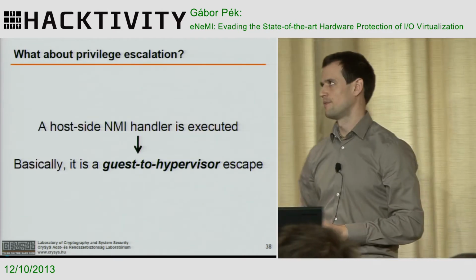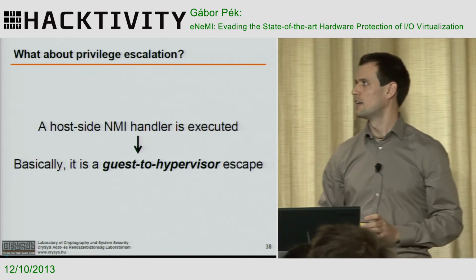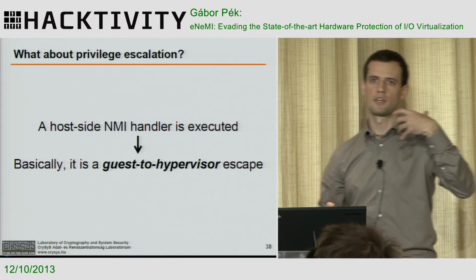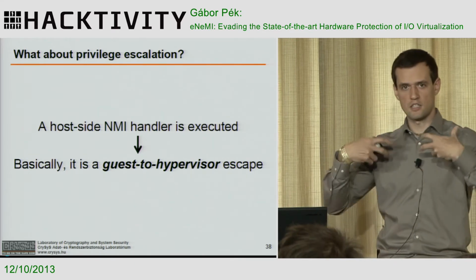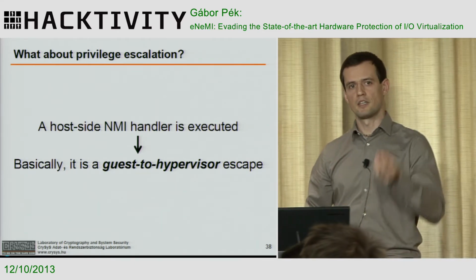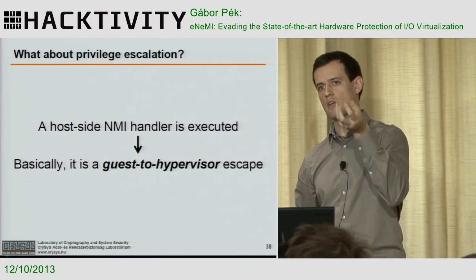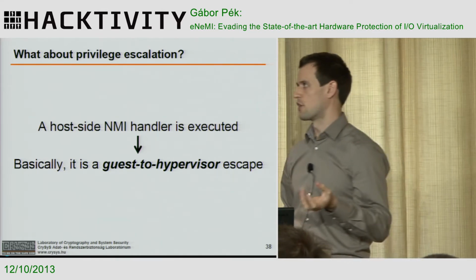And the third, what about privilege escalation? This is what everybody wants, right? So for sure, the host-side non-maskable interrupt handler was invoked. Basically, this is a guest-to-hypervisor escape. But how can you control the attack? So how can you really make it an exploit? And the answer is